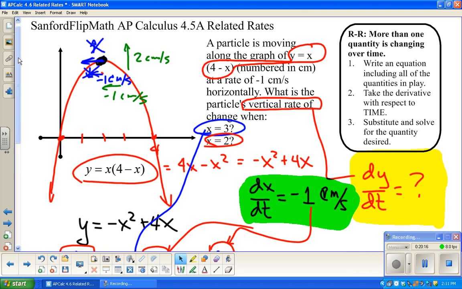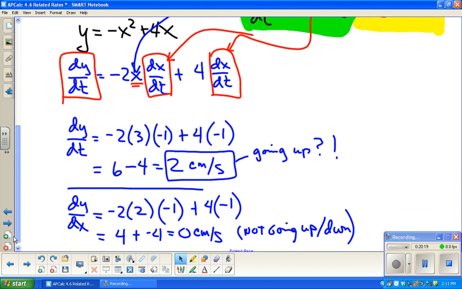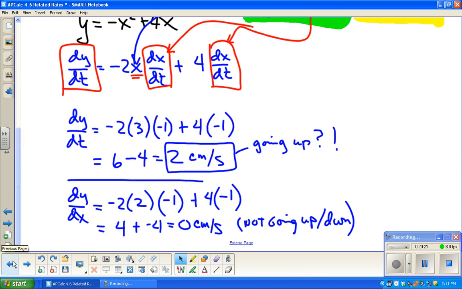So those were two fairly straightforward problems, and let me just say that these are very, very common types of problems to be working with here. Well, we're going to leave it at that, and we will do more in class, but this is our first little dose of related rates. We'll be on this section for probably about